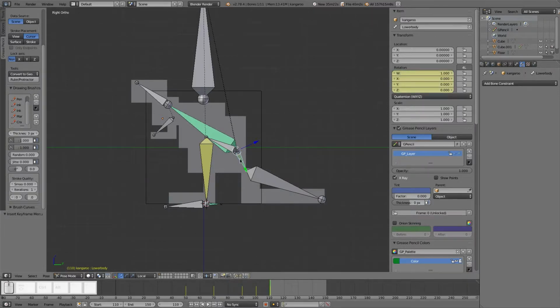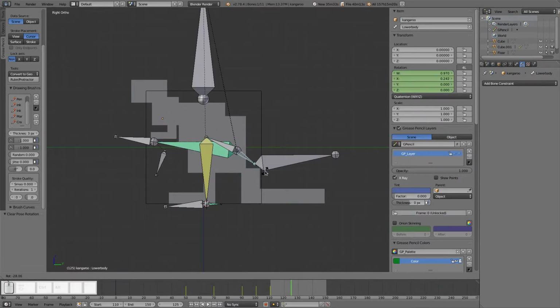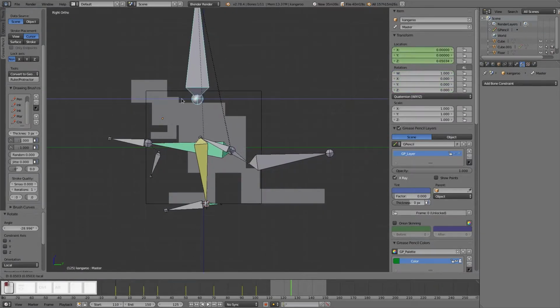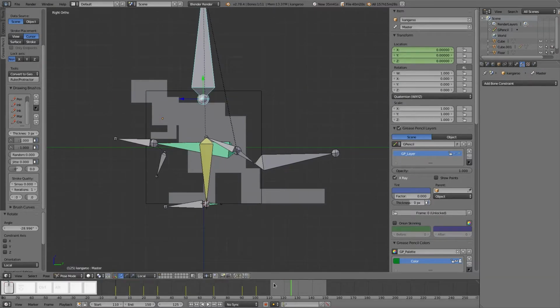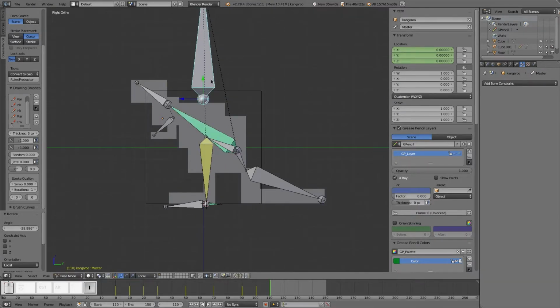So we set a rotation at the rest position here. Let's go up to, say, 125. We're going to rotate this down to about that. I think I'm going to pull the body a little bit forward, so I'm going to want to set a location for that, and I'm going to want to set rotation on the head,